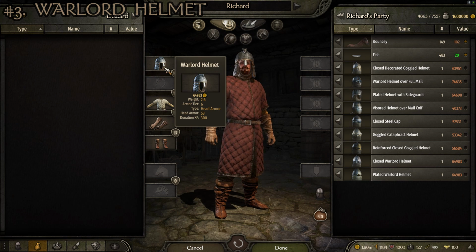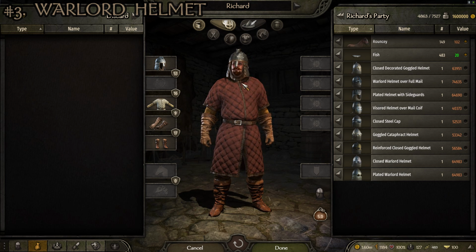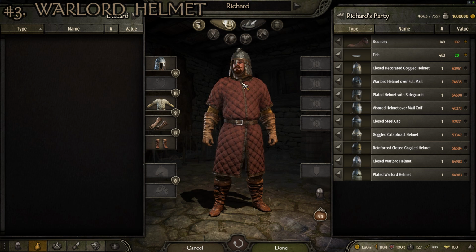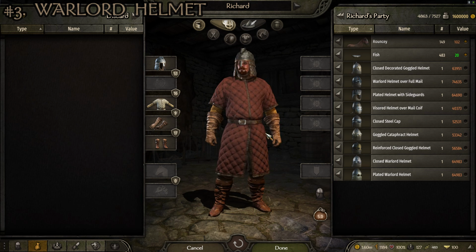And for stats, we've got 2.6 for the weight. It is tier 6 armor, and it has 53 armor value for protecting your head. So definitely a solid option. This one is Battanian, so if you want to get your hands on this helmet, look to that faction. So check their stores, kill their troops, and marry their women, and hopefully, or men, I should say,